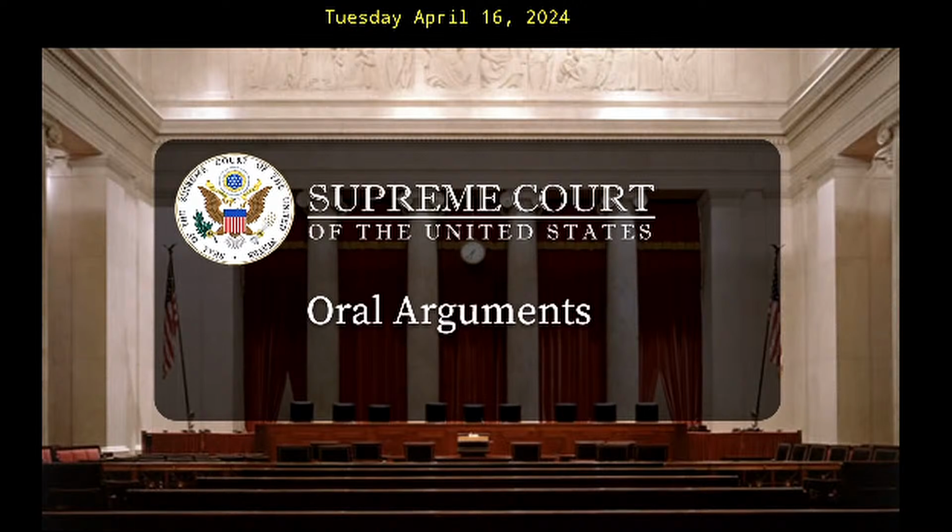So much of your argument seems to hinge on this being fairly clear, your interpretation of C2. Yes, we certainly think we have the best of the plain text. Okay, if I happen to think it's more ambiguous, what would your argument be? So what I would say is that if you look at the terms in the statute themselves, the plain language of the statute supports our view, but it doesn't end there. And I have mentioned several times the other provisions, 1503, 1505, but we think that's actually really relevant because